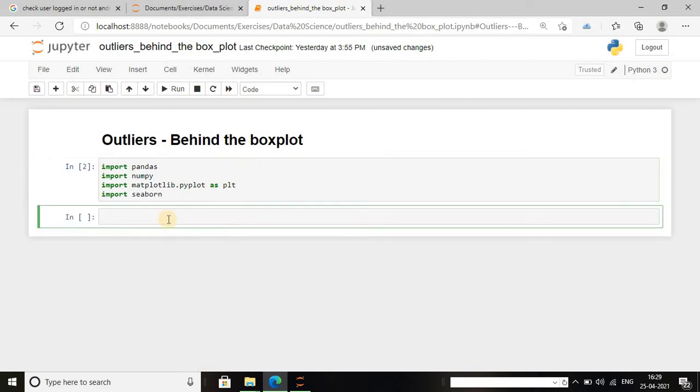Then I have to load my data set into a data frame. My data frame name will be called data, and I'm going to import my CSV file using pandas.